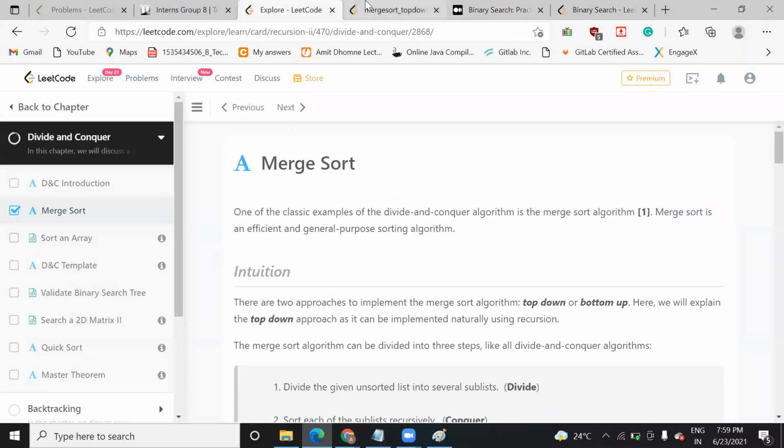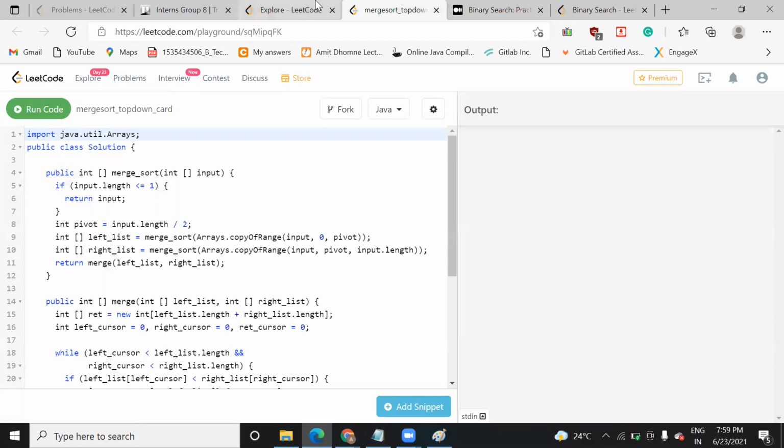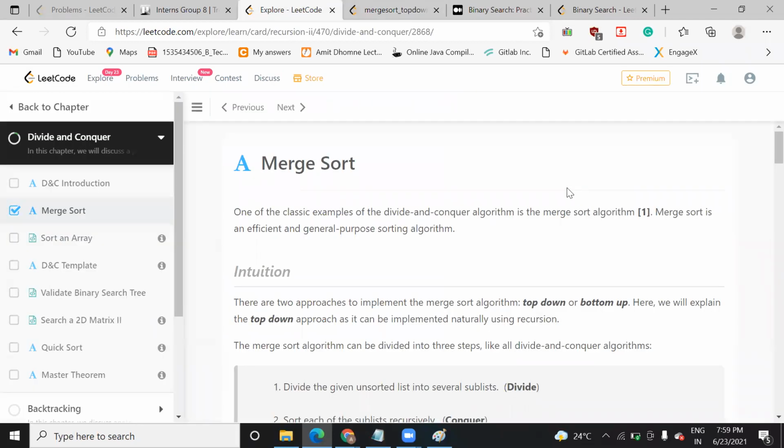Okay, we'll connect with some more questions. And if you feel anything is not clear, or anything you don't understand, or anything difficult, ping on Trello. I will help you get the concept.